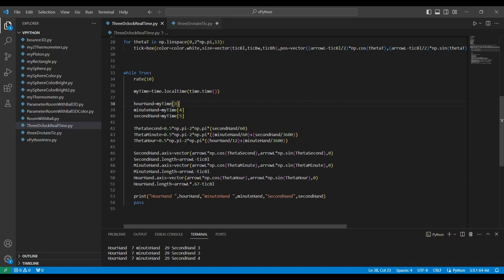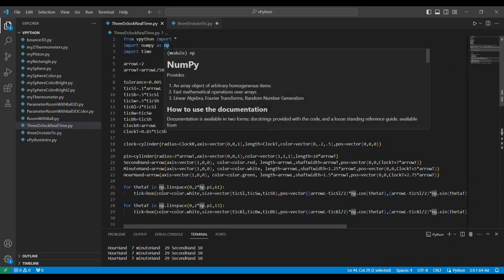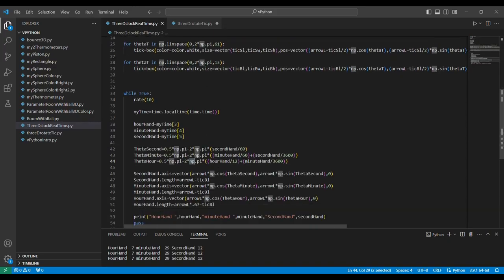And so, calling numpy, NP, it's up here, and multiplying by pi, so you have 2 pi, that's 360 degrees, and you multiply by the ratio of